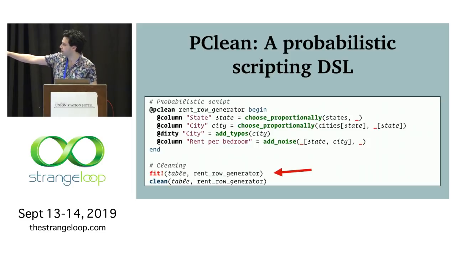Also notice that these parameters, these underscores, are allowed to have square brackets after them, indexing by some expression. And what that's saying is that a different value of this parameter should be learned for every value of the index. So we're able to then communicate that the rent per bedroom doesn't have just one mean that noise is added to. It has a different mean for each city and state.